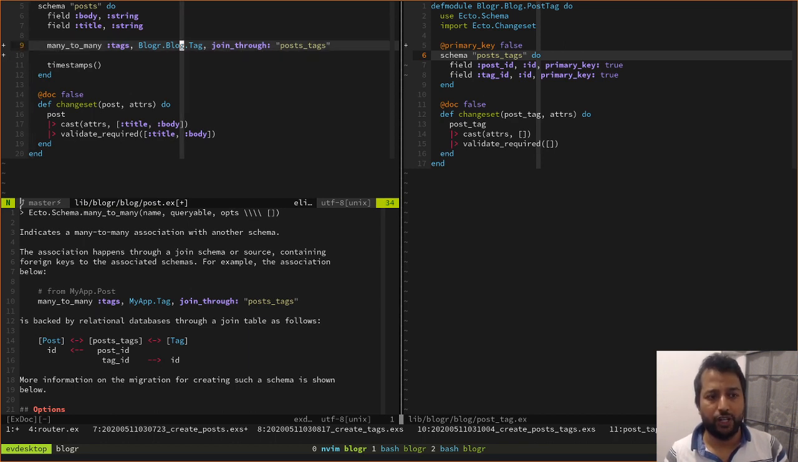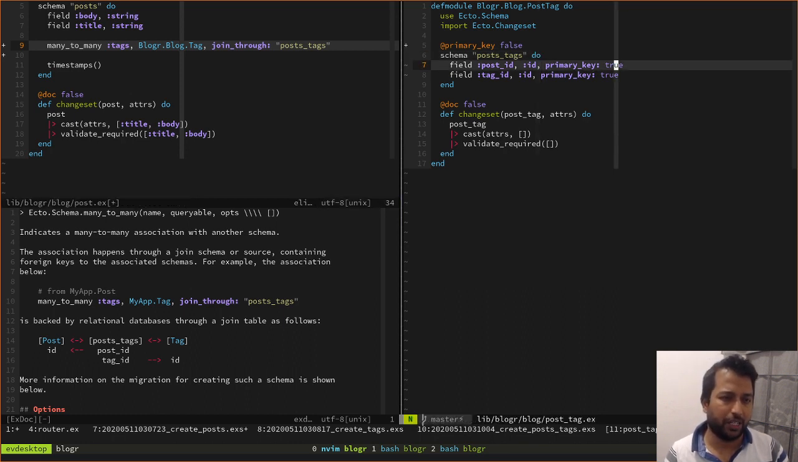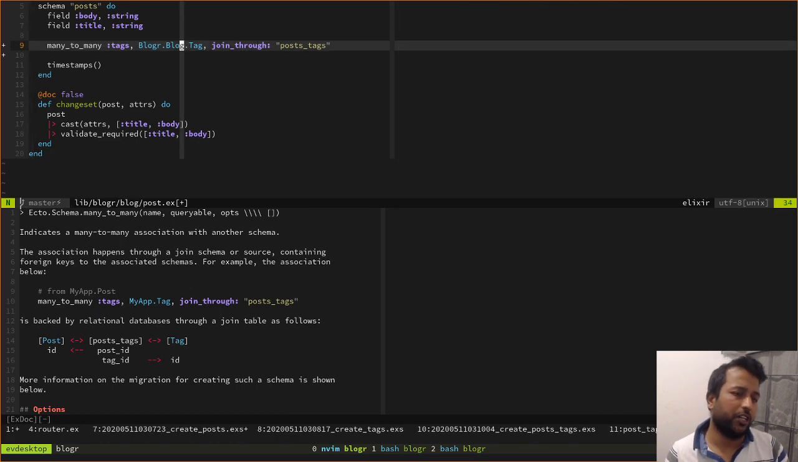And we have a join through posts tags. So I'm not sure if we need this. We might need this, but this is good, okay? So we have the join table, everything looks good. Now,